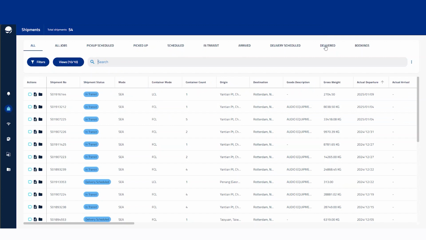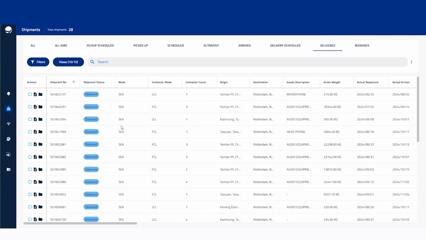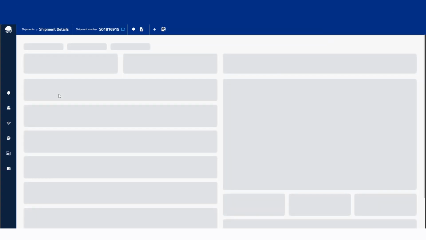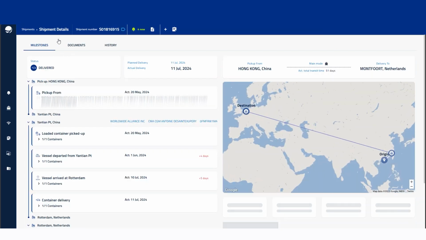So let's go back to the delivered filter here, and let's dive a little deeper into a shipment. Let's look at this very first shipment, for example. I will click this one. Once we pull up the shipment, it will generate the milestone screen, or the shipment details screen,